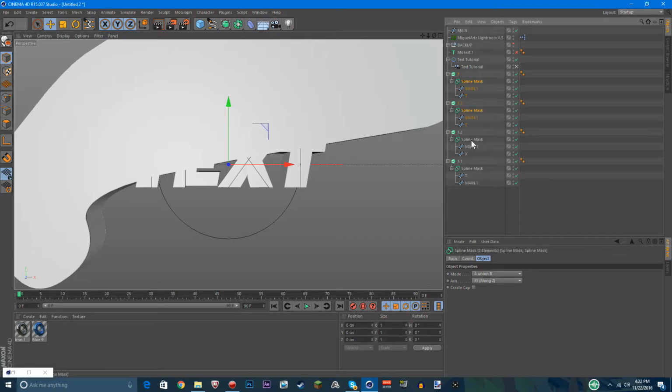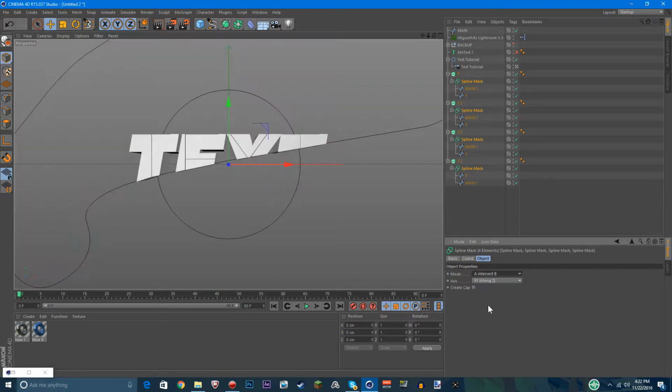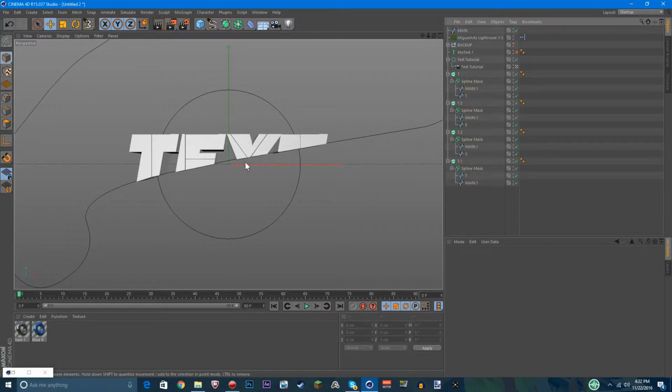by holding Control and clicking, and then holding A intersect B. So then you got the top of the text, and it's looking pretty good, you know. And so what you're gonna want to do is